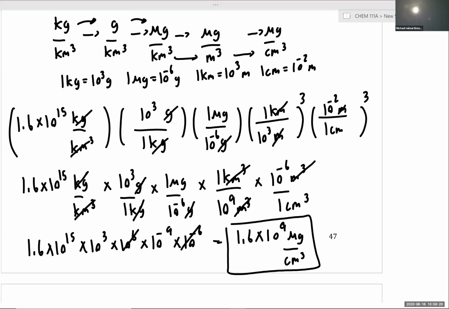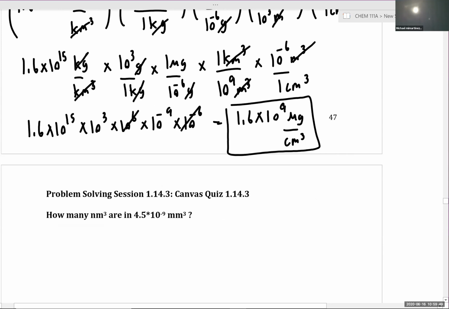Any questions on this example? If not, let's now tackle